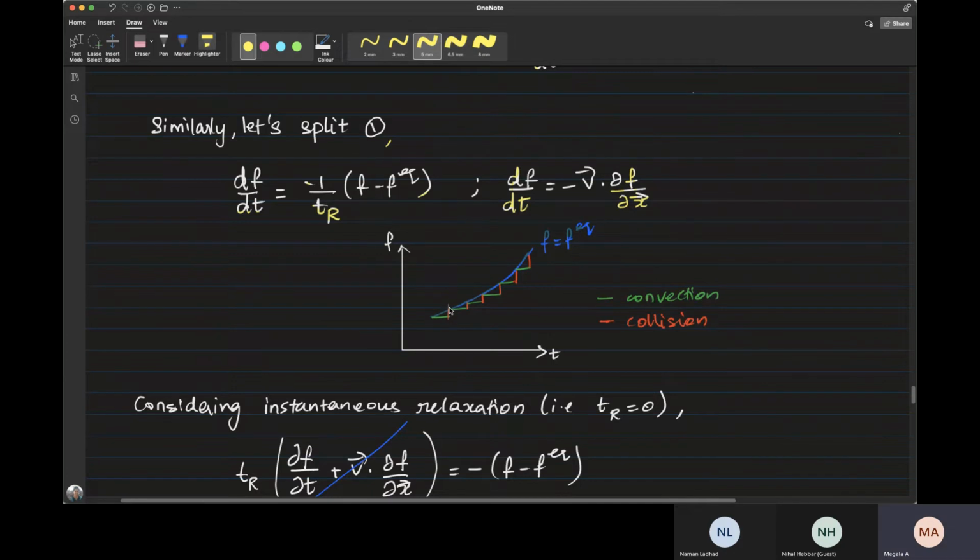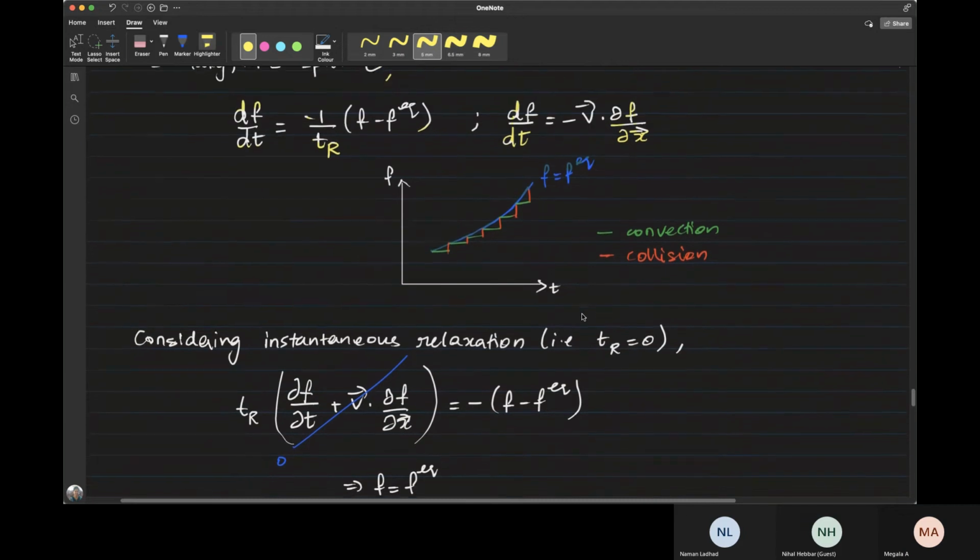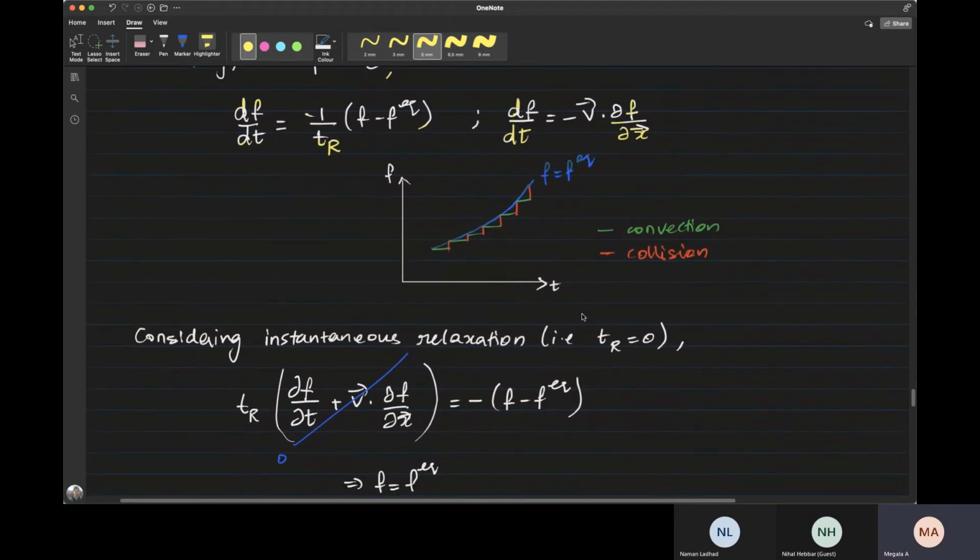This is the next time step basically. So at the end of each time step, your system is in equilibrium. In between the time step, your system is in non-equilibrium, but at each time step, your system is in equilibrium. So that's what this splitting gives. This is the inference that we get out of this splitting. Your convection step drives your system away from equilibrium, whereas your collision step drives your system towards equilibrium. So through this operator splitting, we are having a good inference.